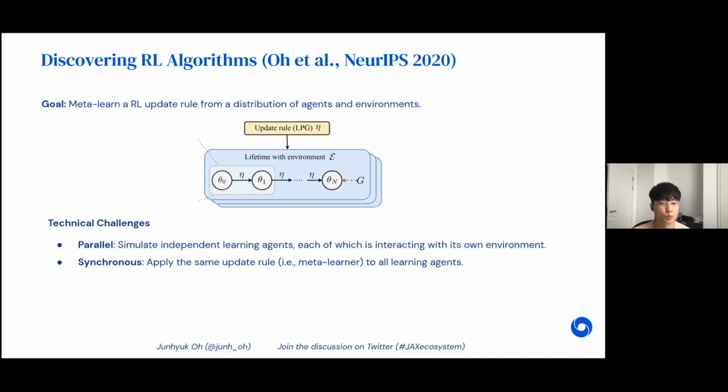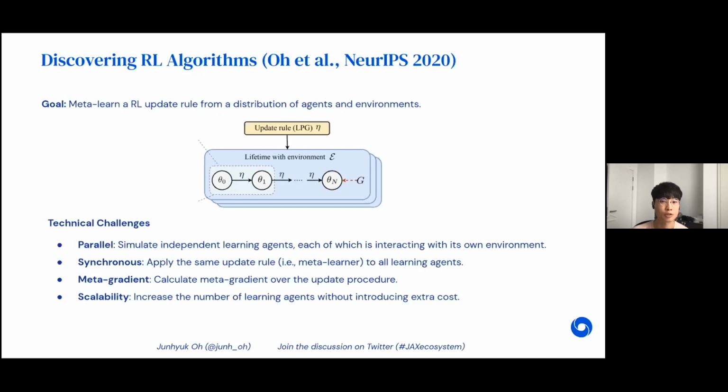But at the same time, we wanted to apply the same update rule, which is the meta learner in this case, across all the different learning agents in a synchronized way. And also, we wanted to calculate the meta gradient over the update procedure, which requires calculating the second order gradient. And finally, we also wanted to massively scale up this approach by increasing the number of learning agents without introducing